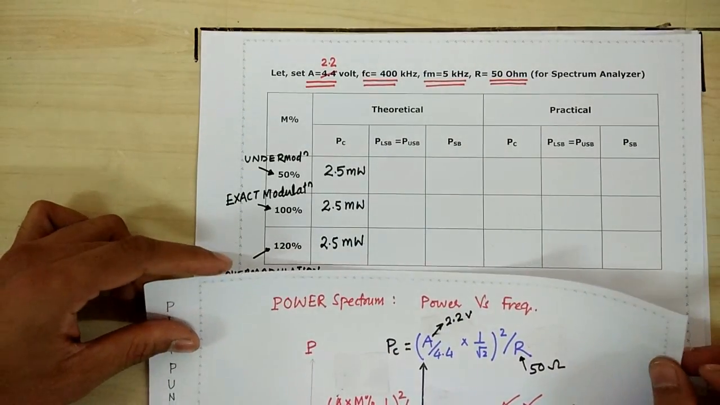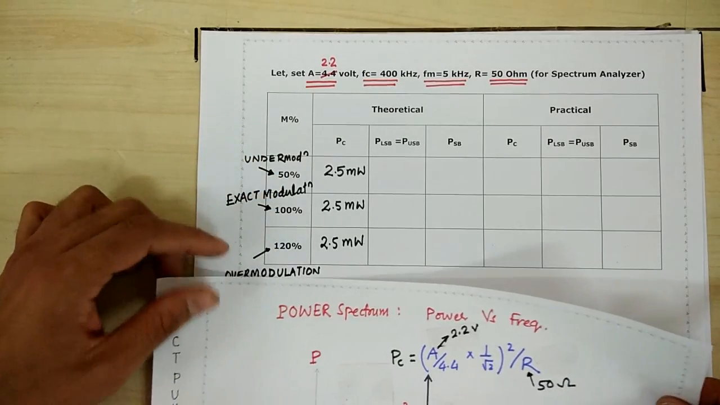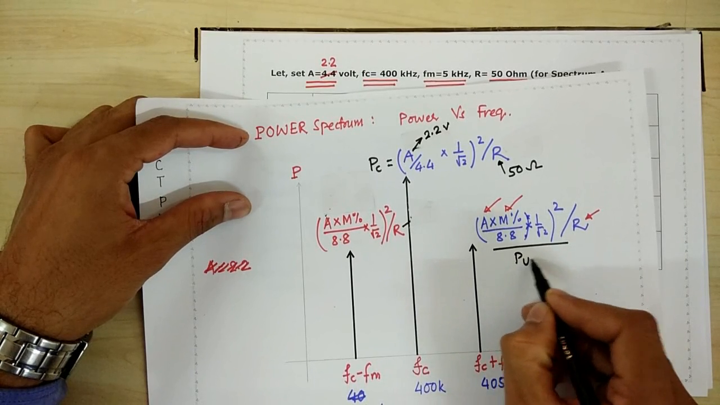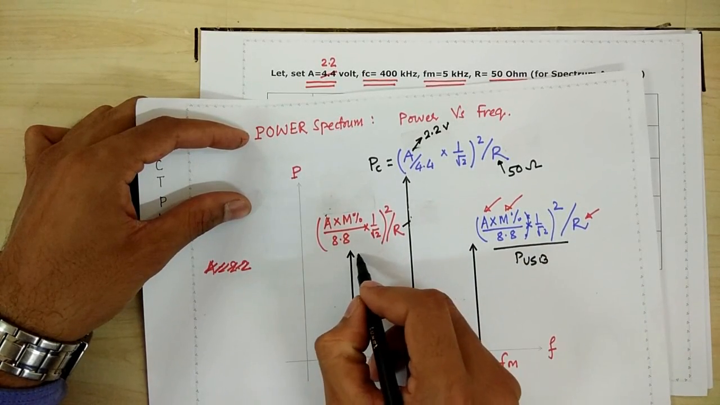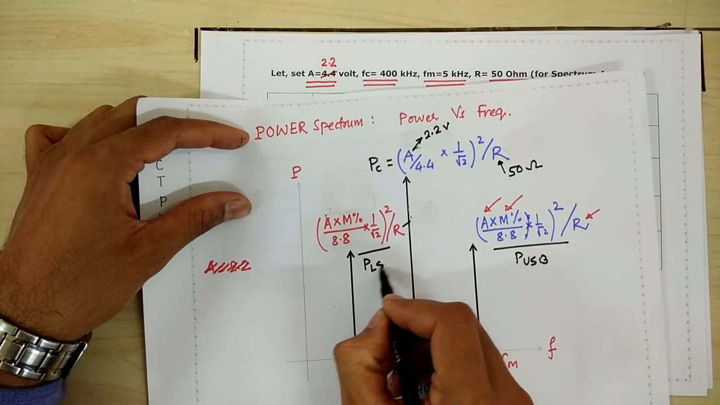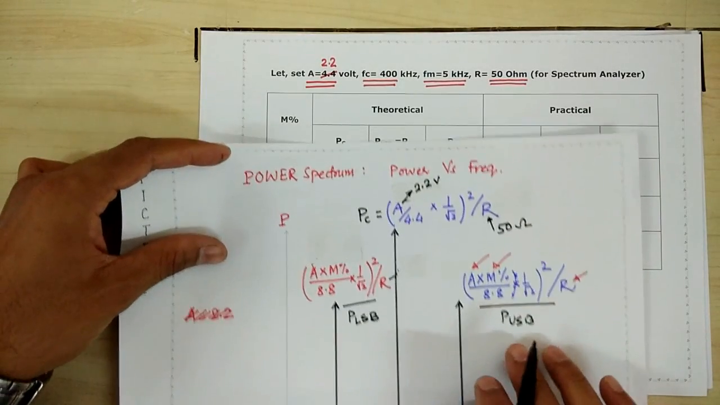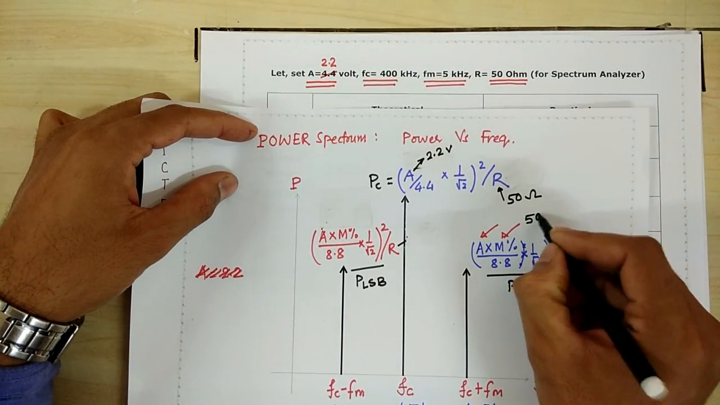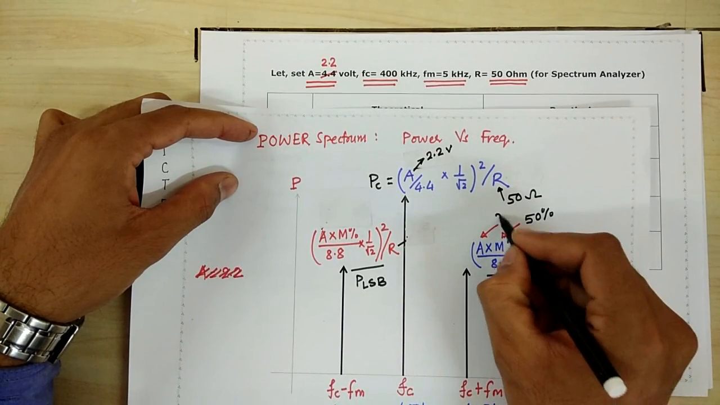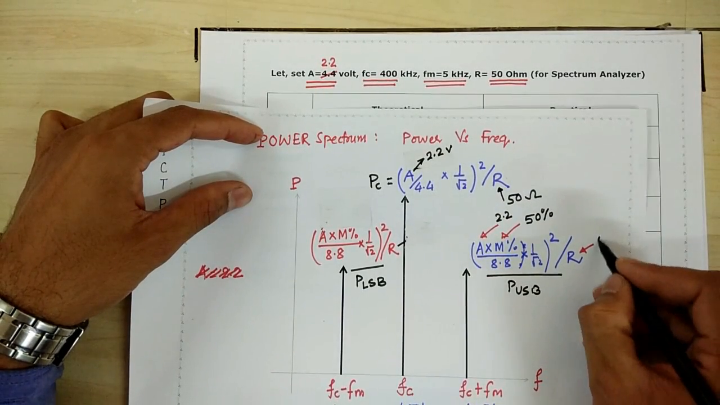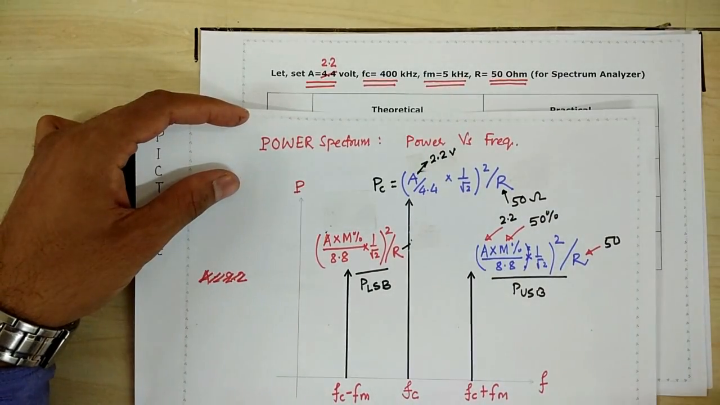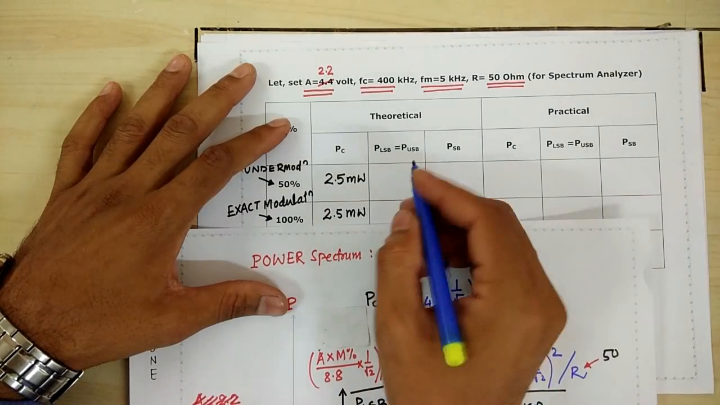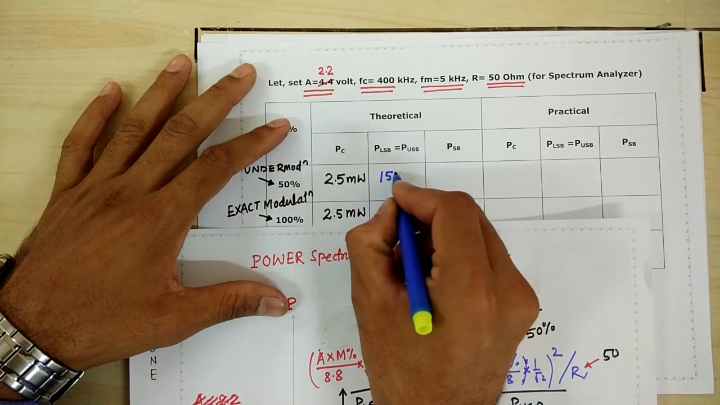Okay, so to calculate the lower sideband power for these three different modulation schemes, we have to use these formulas. This is basically my USB, and this is my LSB power. For the first case, which is 50% modulation index, A is 2.2 and R is 50. So we get the value of lower sideband and upper sideband, which is equal to 156